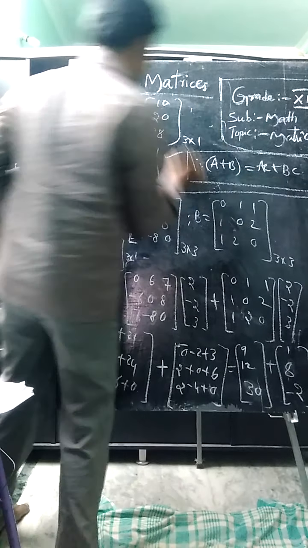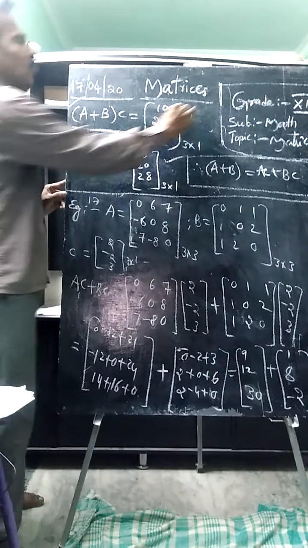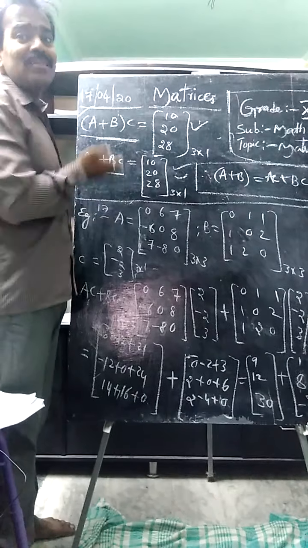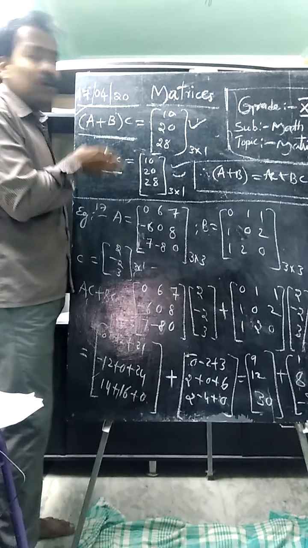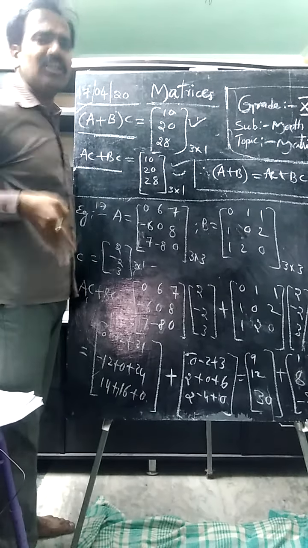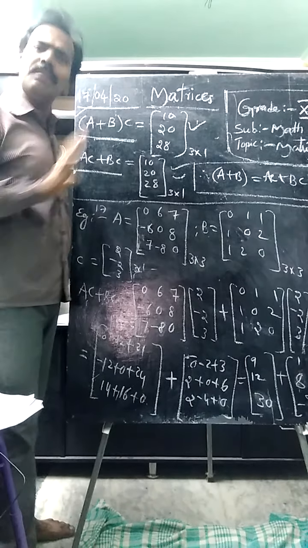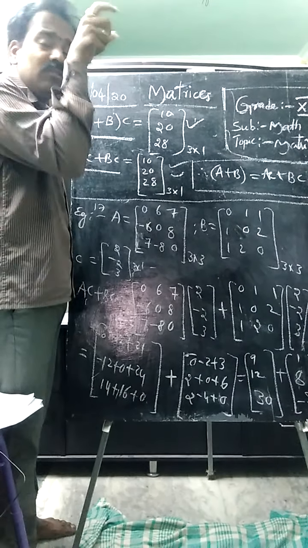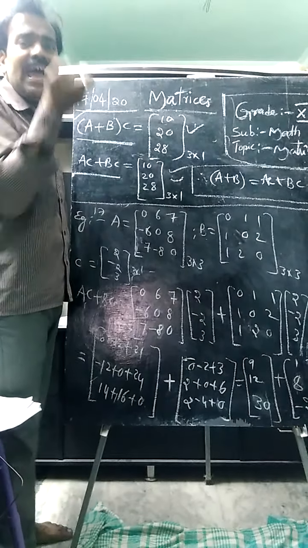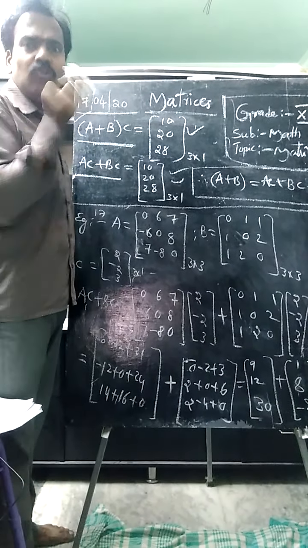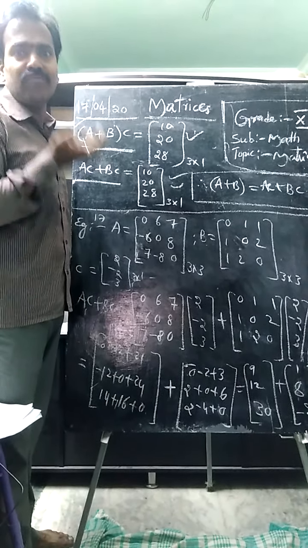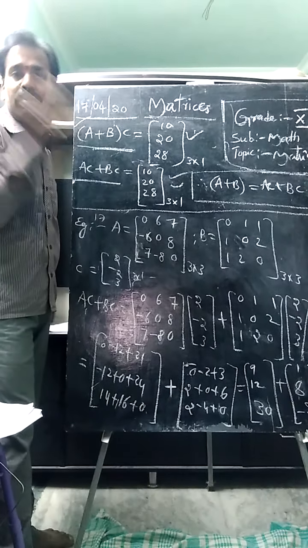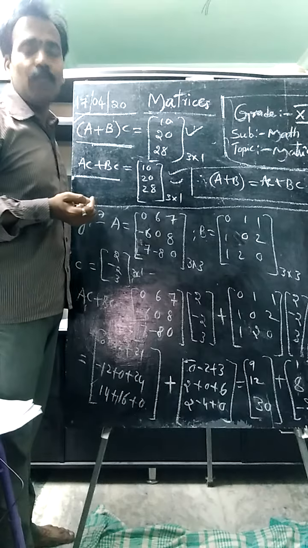This is called the distributive property. So both the results are equal. Distributive properties exist, and you can prove the first result yourself by considering the same examples, no issue. The only thing is that whichever matrices we assume should follow the properties of multiplication as well as addition. So the distributive property exists with this example. Some more problems you will get as a home assignment.